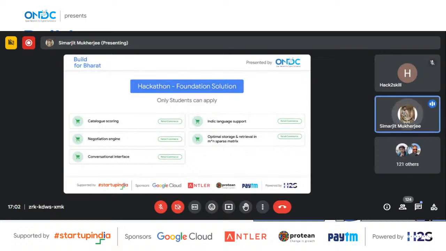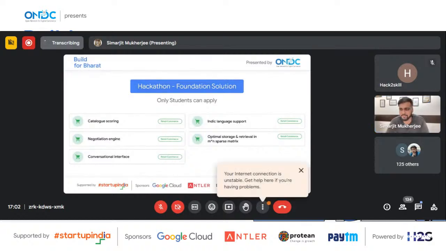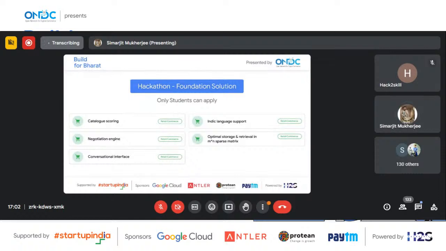We are just waiting for Supriya to join from ONDC. Just give us a minute. I've joined. Hi, Supriya. Supriya just gave an introduction about you. So you can explain the foundational solutions, and these are the categories. You can go through them one by one. Are we starting with that? We can start now, or do we wait a few minutes for others to join? No, you can start.